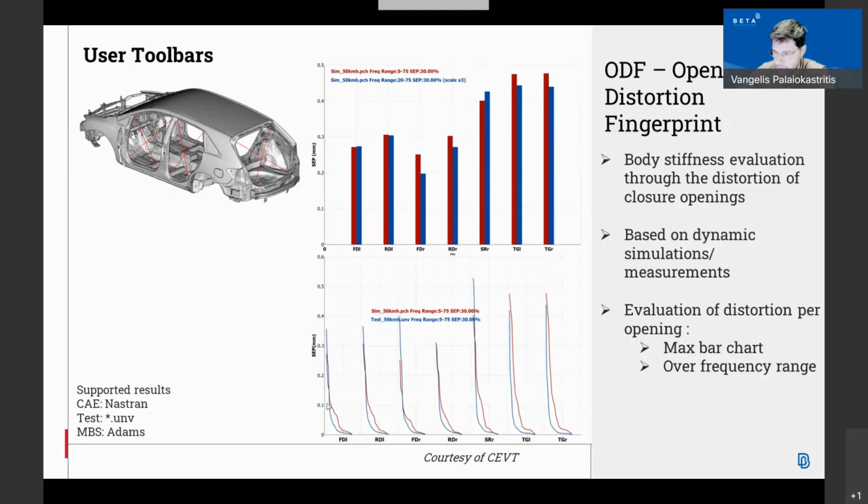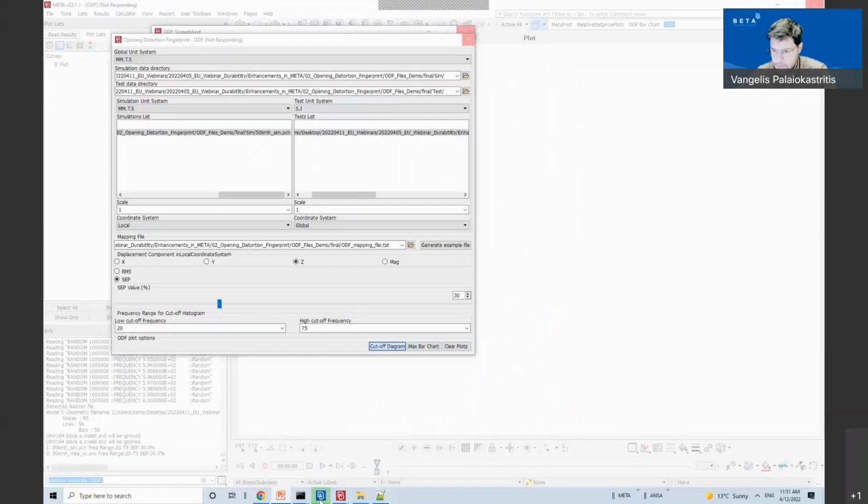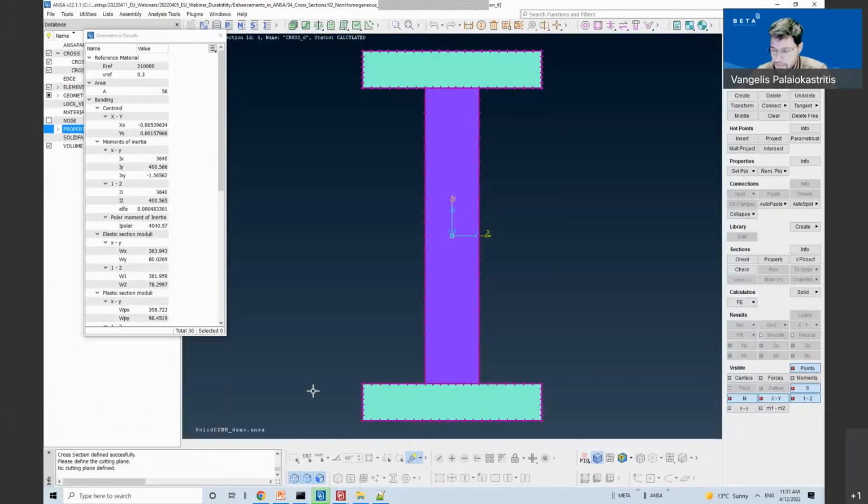So these are the frequencies, from 5 to 75 for this closure. Okay, so this concludes the presentation.